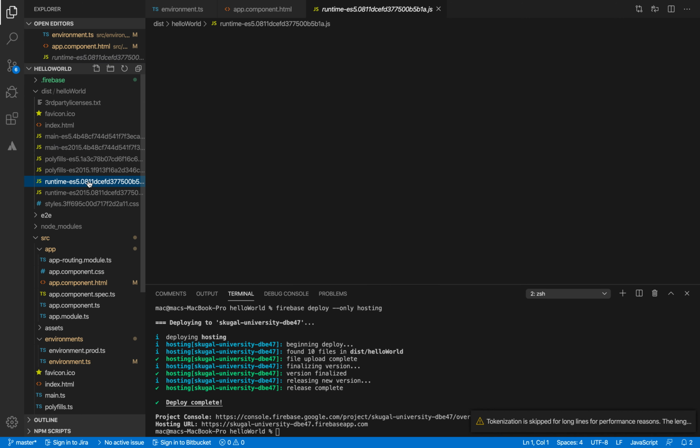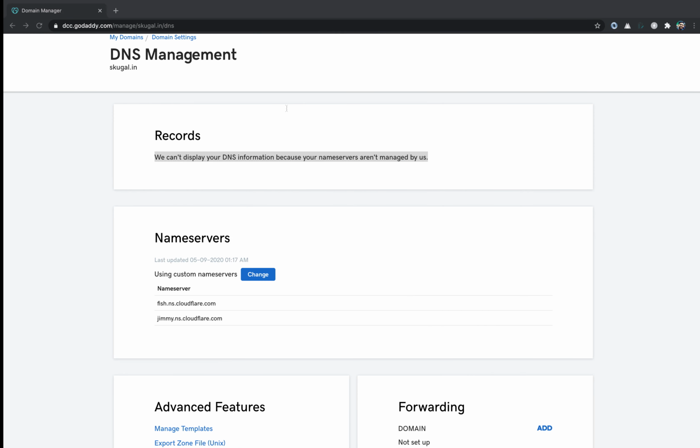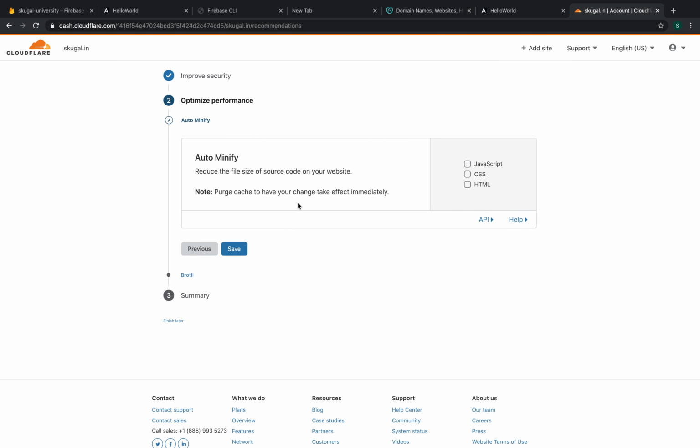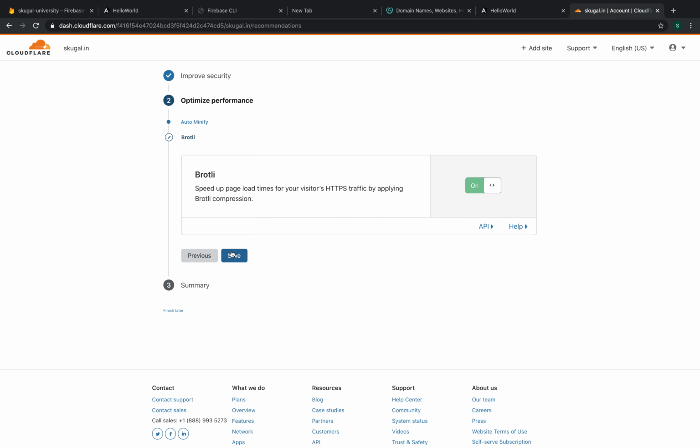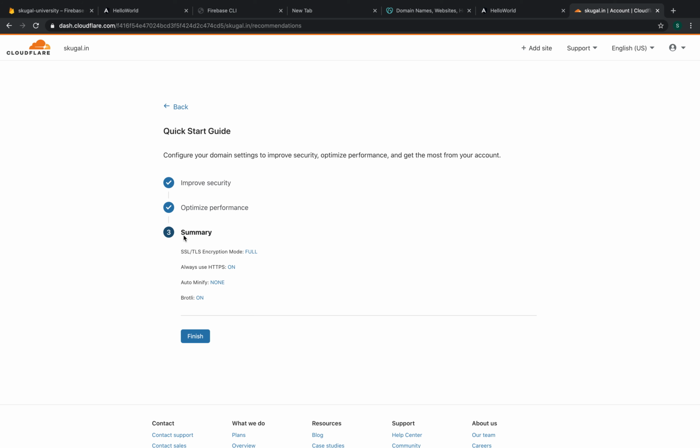All these JS files are minified. The CSS files are also minified. So we don't need these optimizations for performance, and we go ahead and save. Brotli compression is basically to compress the pages to load them faster, so we don't care about that and say save. And this gives us a summary of what we have achieved so far with this configuration, and we